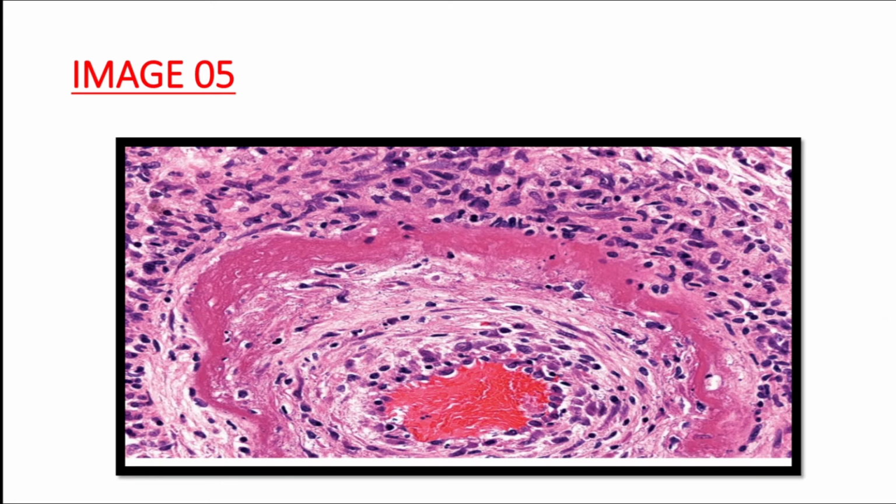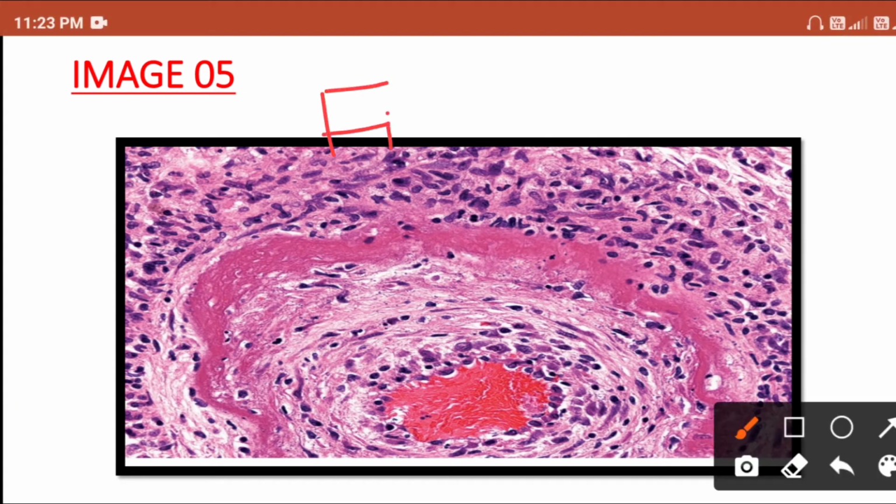Alright. Here you can see these red dots. So obviously you can assume that it is a blood vessel. Here is the intima, then there is the media and adventitia. So guys, in this particular diagram you can see a pink material deposition in the tunica media of the vessel. Whenever such pink material deposition is seen in the vessel, it is a pathological lesion of fibrinoid necrosis.